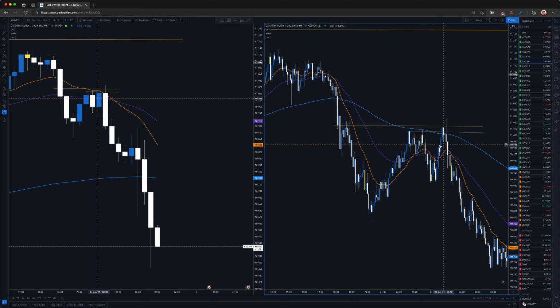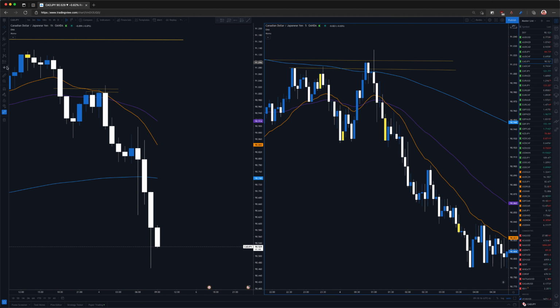puts in a lower low there, good strong selling, price comes back to the level, and you can see if we zoom in on this bar, I'm going to drop an arrow so you can see we get a close above and a close above the 200 EMA. And then the next bar, price immediately reverses back down. It immediately reverses back down, closes below 200 EMA. So that itself, to me, is a trade setup. And this is trading. So what happens? This next bar also false breaks, right? If we go over here and we look at this, it also false breaks everything again and closes below the